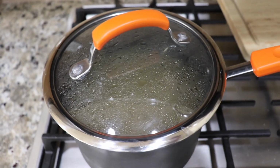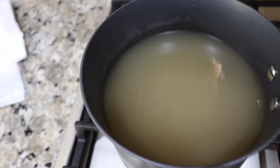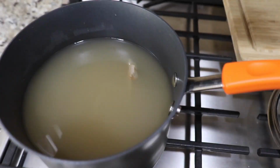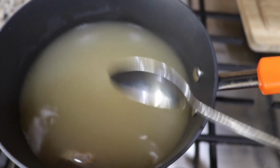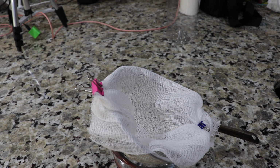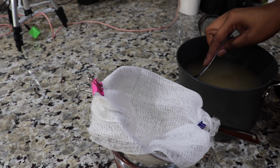And immediately after putting the ginger and the cinnamon into the boiling water, I took it off the heat and I let it steep there until the water was mostly cool. This is where I want to start adding all my other ingredients after straining it. I'm using cheesecloth to strain here. You can use coffee filter,